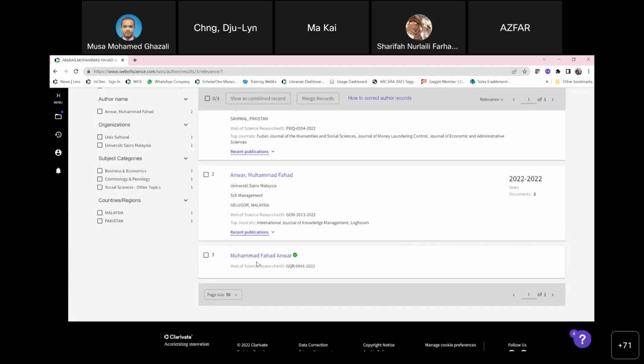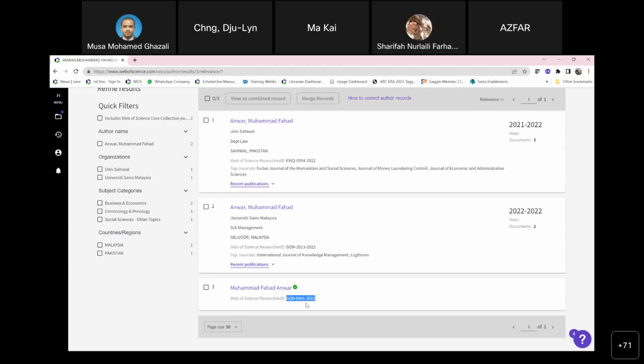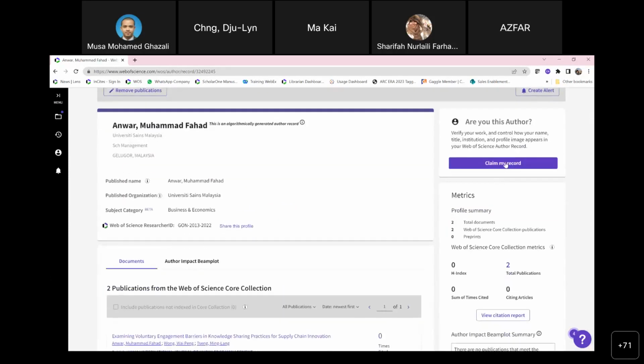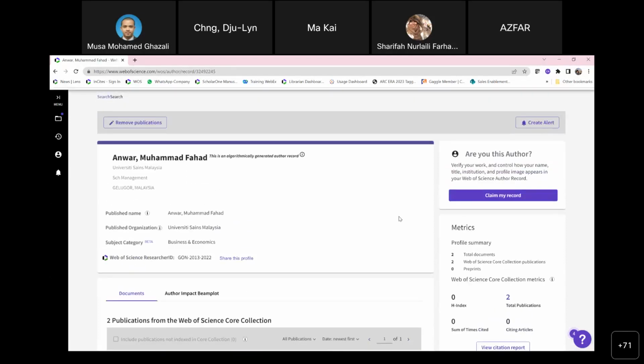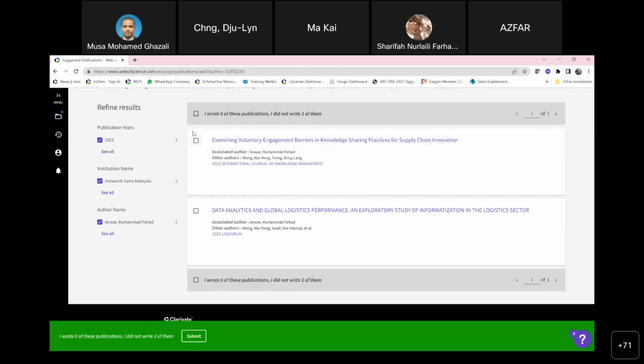Okay. So this one, is this the one that you claim? So this becomes your permanent ID. So what I would recommend you to do is you log in with the account that you have registered with, okay? And then if this is you, then you go to this particular profile and claim my record. So make sure that you log in with that account first, and then click on claim my record and verify that these 2 are yours